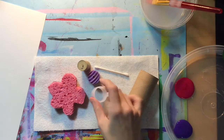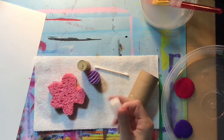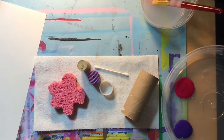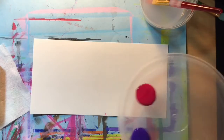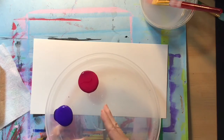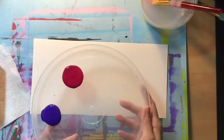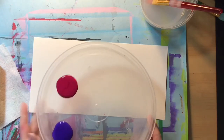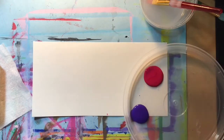And I have a fondness for round things, so I usually have a collection of round things, but they don't have to be round. You can have different shapes. Now when you're stamping, you want to be able to really get into the paint, so a little palette with wells might not work. So having something larger like a lid or a plate or a tray is helpful. So we're using this lid for today,